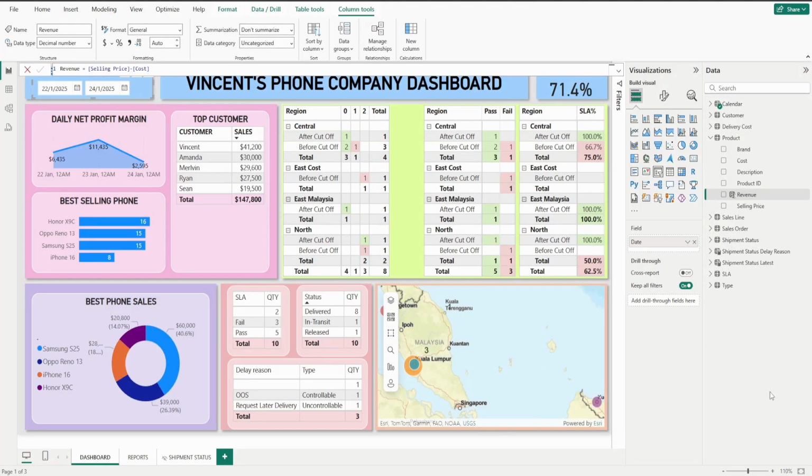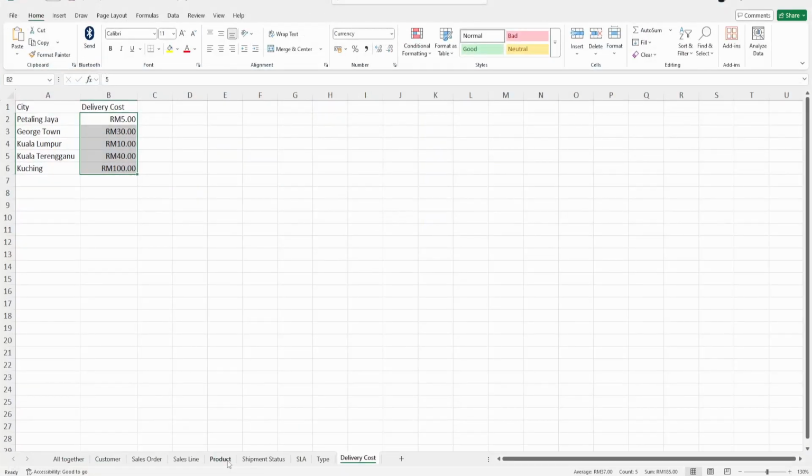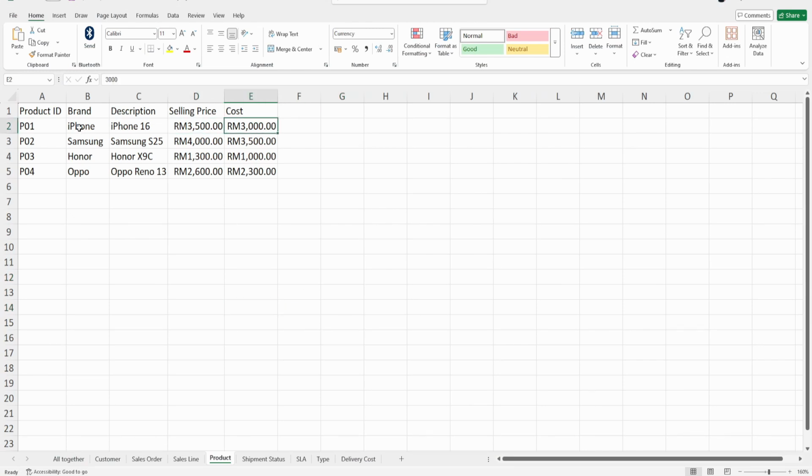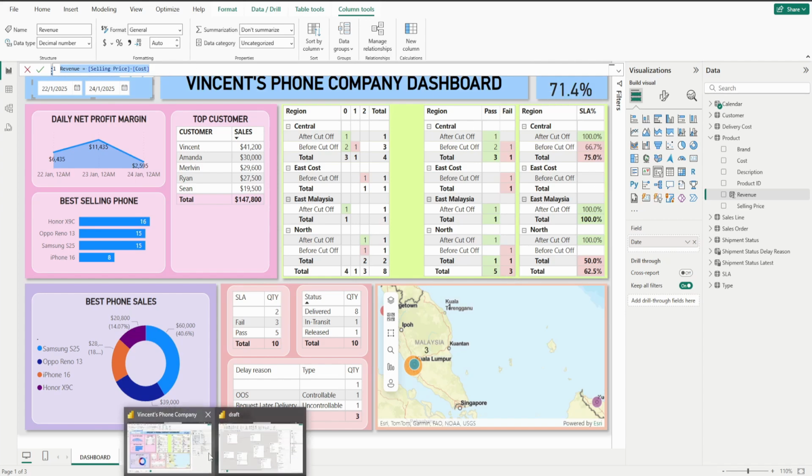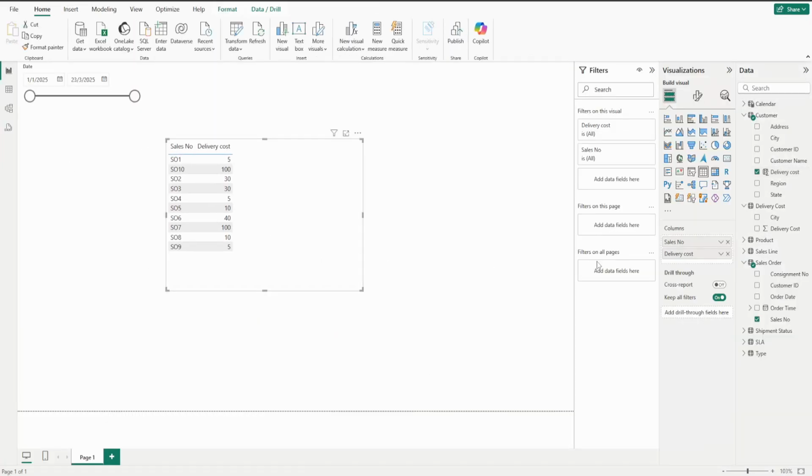The next one on the line is revenue, where in the products, I want to know the revenue of each product. What I mean by that is, you go to products, and we can see the cost of the business owner purchasing this iPhone is actually 3,000, and I sell it for 3,500. So the revenue will be 500, and so on and so forth. So I can have a data enrichment column where I can calculate my revenue. How do we do that? I'm just going to copy this code and go back to my original Power BI where I'm working on it. Over here, I'm going to go to the products table,